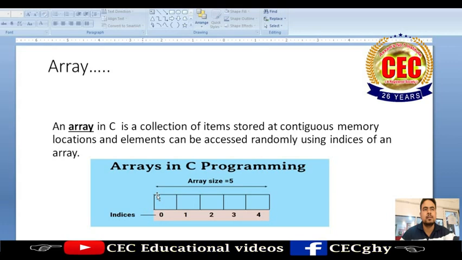indicate the index number. If the name of the array is Ram, then the first index, whose number is 0, we can store data here. The second index is 1, then third, then fourth, then fifth.